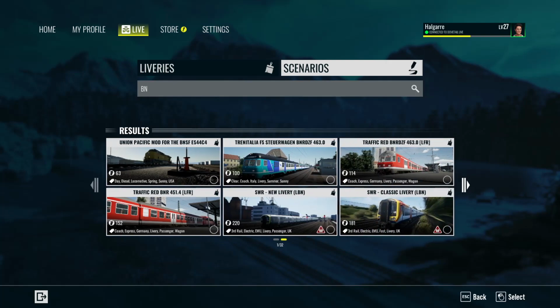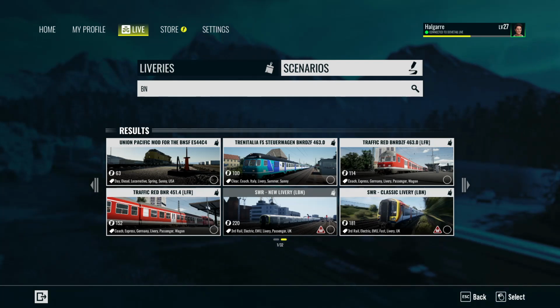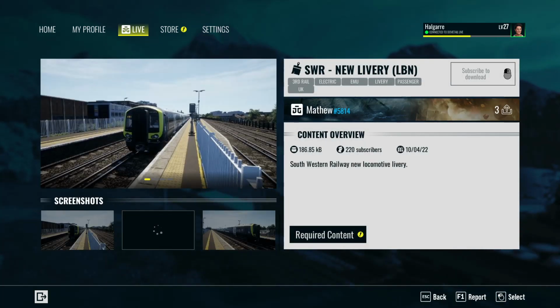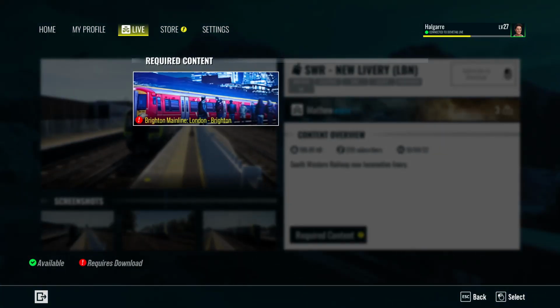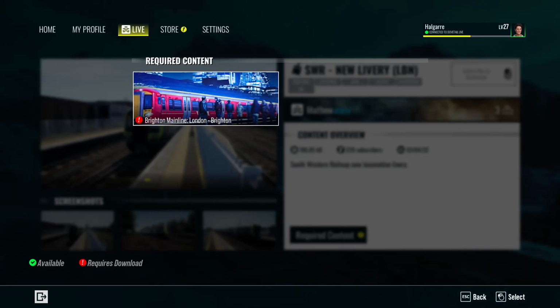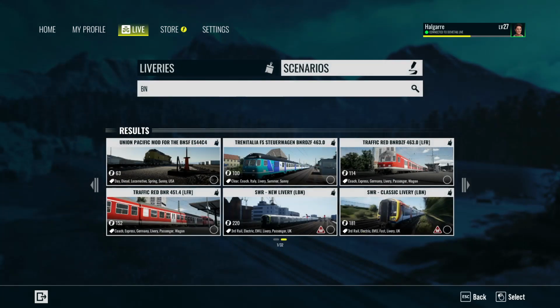You'll want to scroll through here now. See this one right here. You'll notice it has a red triangle. Click on that, and it'll tell you that you need required content. As you can see, I don't have that, so click escape. Don't do like I did and hit F1 to report the guy, which I had to apologize profusely for. Then you're going for BN,